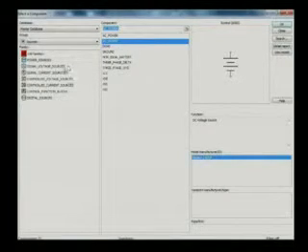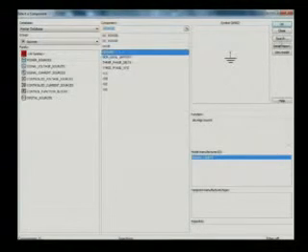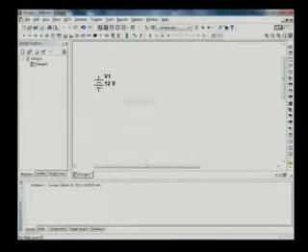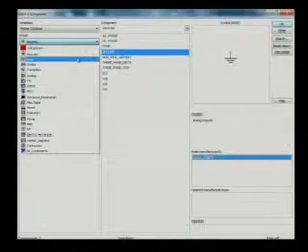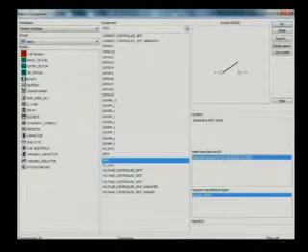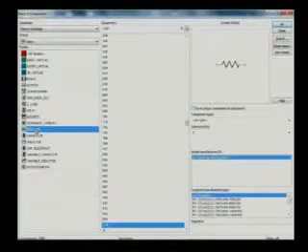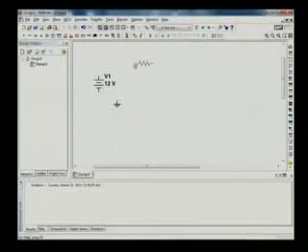Next, I want this ground also. For getting the circuit completed, I will select ground and place it in the circuit. Next I want to have one resistor also. So I will go to that basic. In that basic I will select that resistor at the left hand side, you can see, and I am taking 1 kilo ohm. So I will just click OK. That resistor I have to drag onto the circuit,